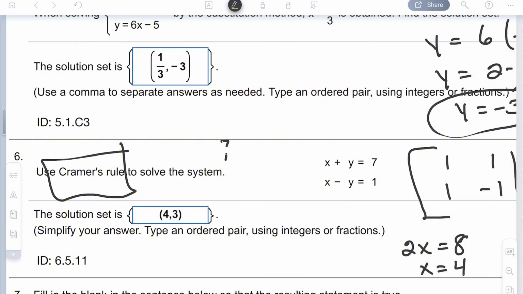I don't want to talk all the way through it because it can be a lot anyway, right? But basically what you do is you're going to start with the X value. So you're going to put C1 and C2 in there, and then you're going to copy what's in the column for the Y variable. And then you're just going to do the determinant,